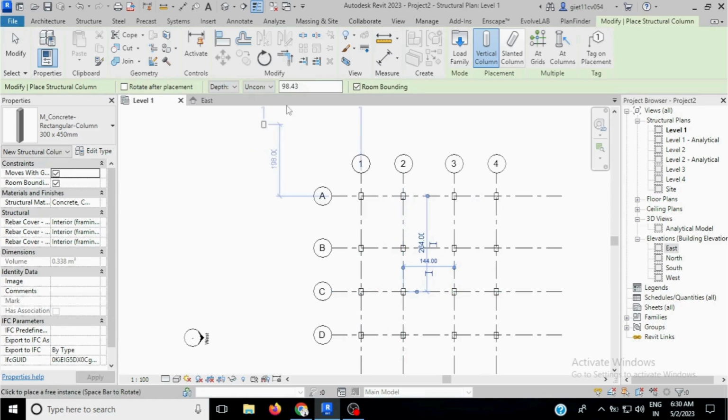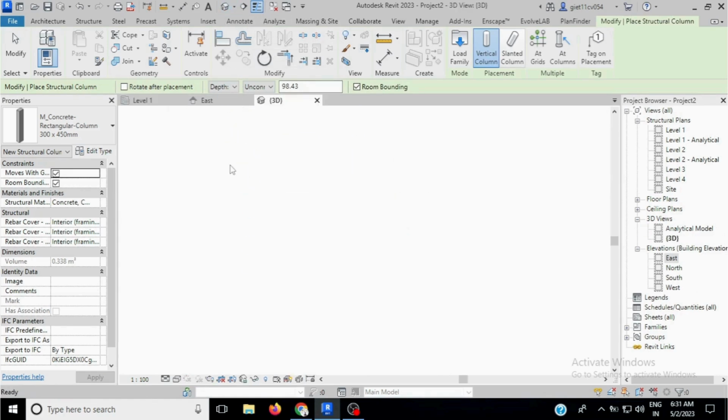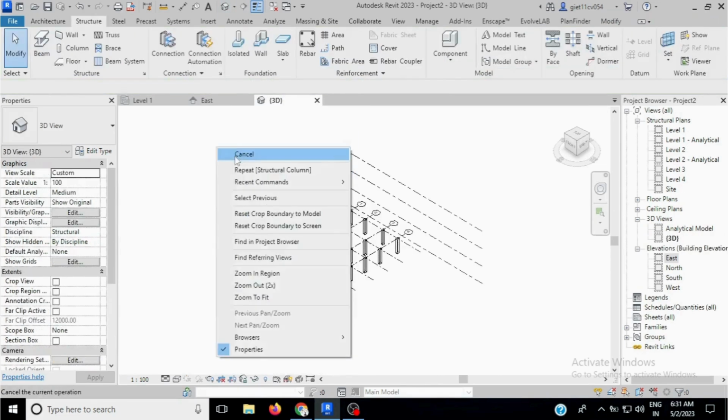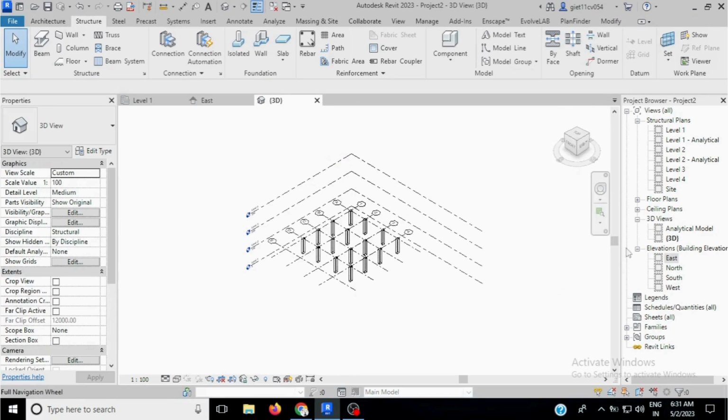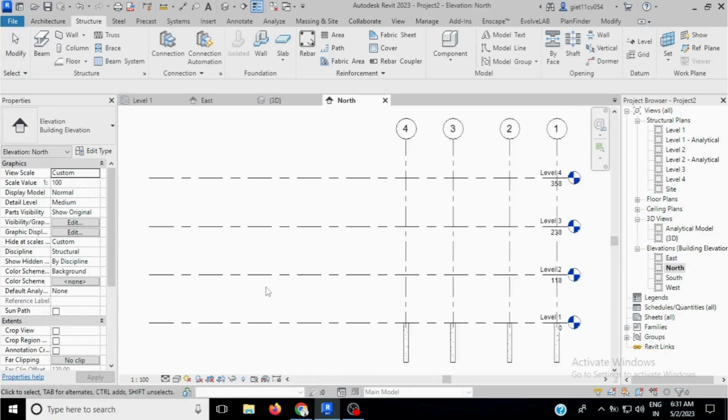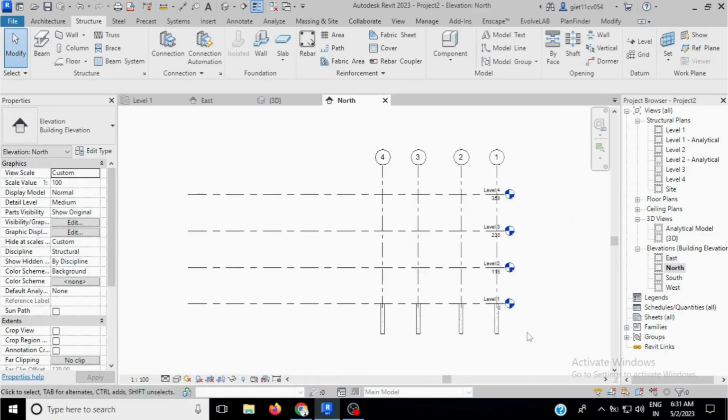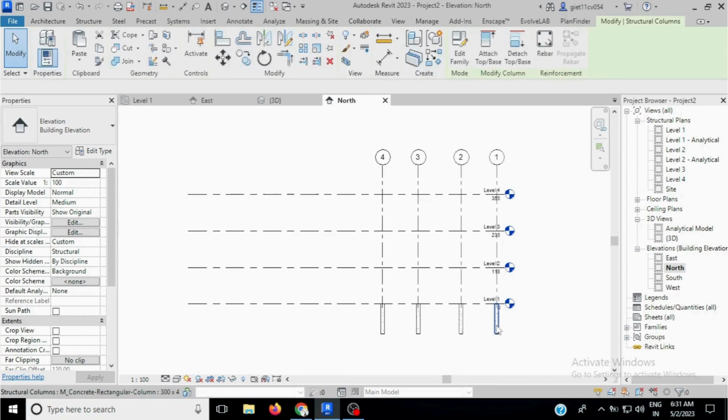Okay, you go in 3D, you will see you can see the column has been placed below the level 1. So select all column